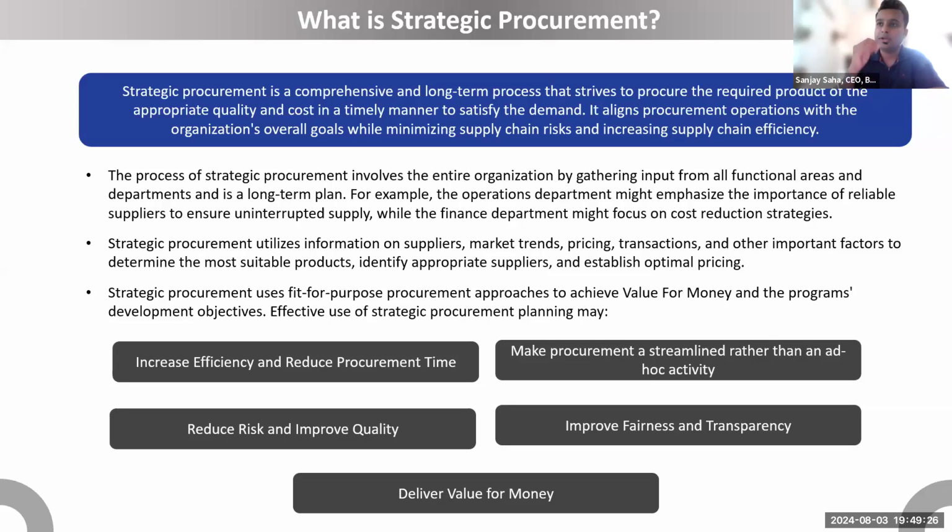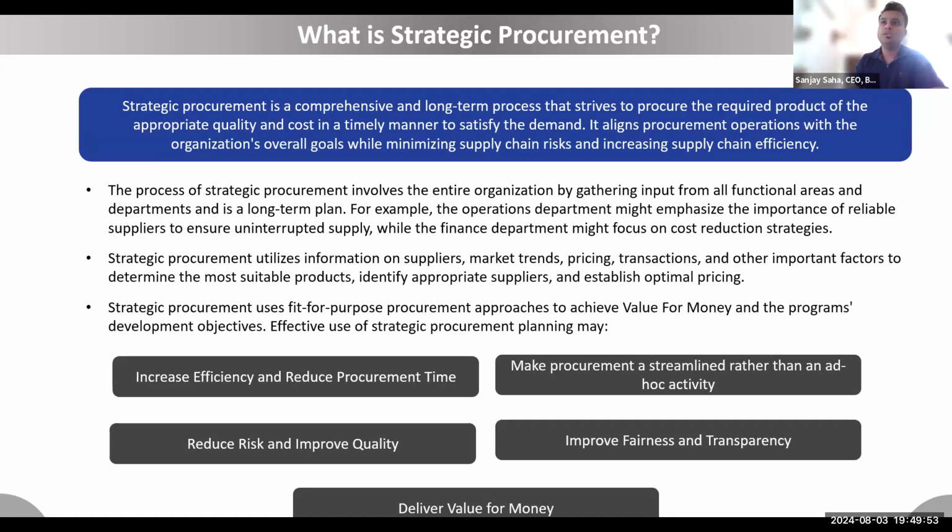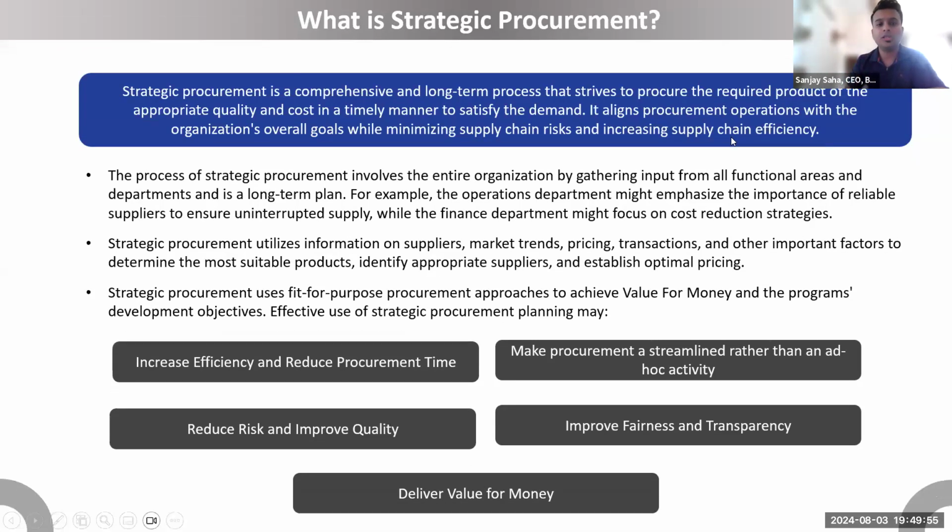And also reducing your risks. For example, the risk in this case is you only have one supplier. What if that supplier goes bankrupt? What if that supplier could not find access to APIs? What happens then? Or what if that supplier does not deliver on time or gives you a poor quality product? What then? So all those things, risks, cost, quality, time, you need to understand what the